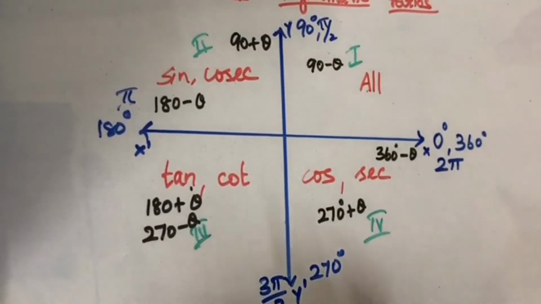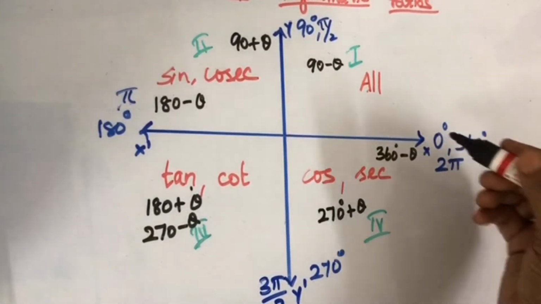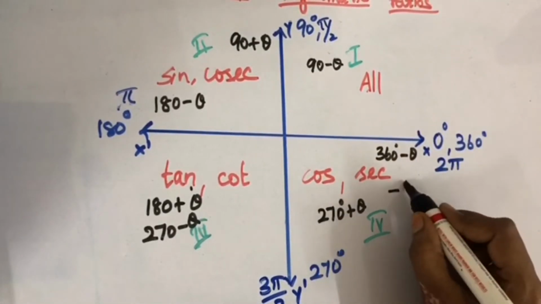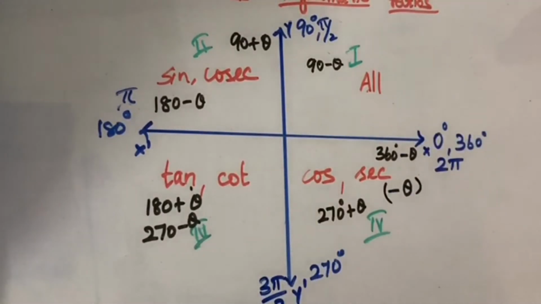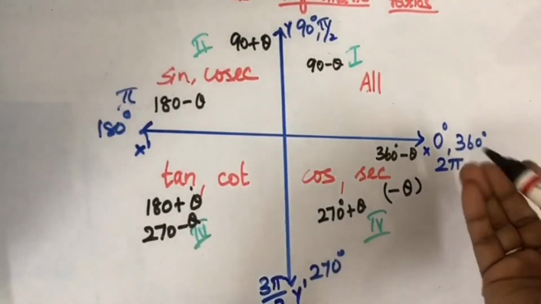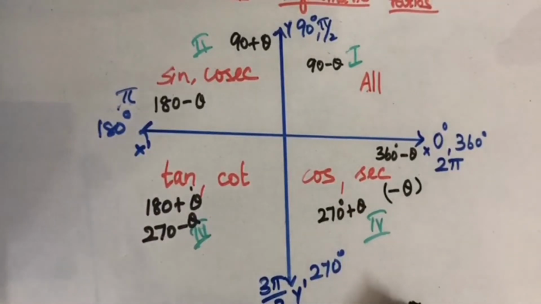Okay. So, theta degree, here 0 degree, so minus theta also will come in this quadrant. Okay. Minus theta, theta plus theta comes on this side, minus theta will come in the fourth quadrant. Now, according to the angle measurement, the ratios will change. We call it trigonometric ratios of allied angles.